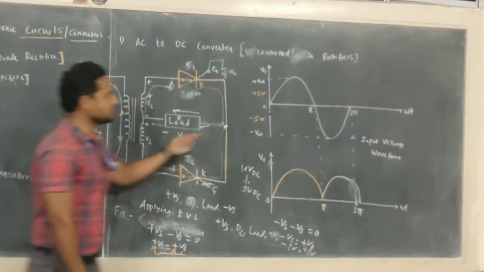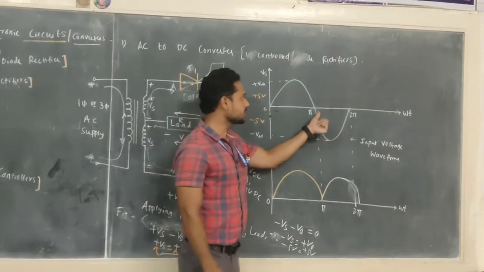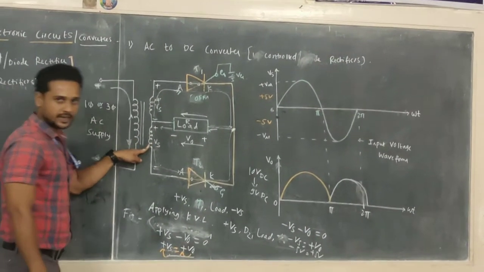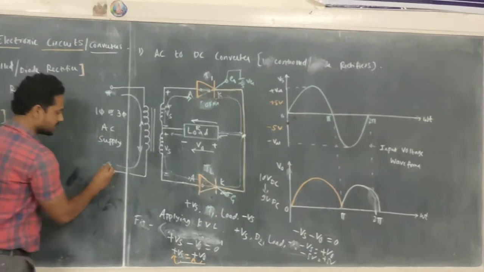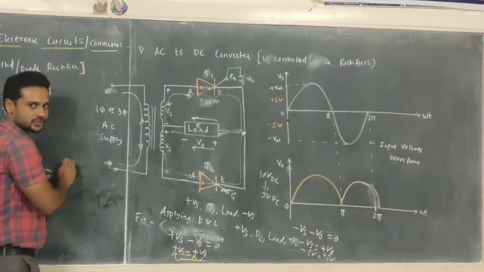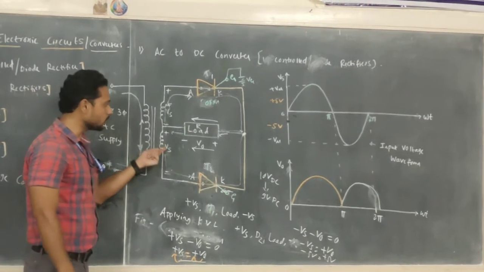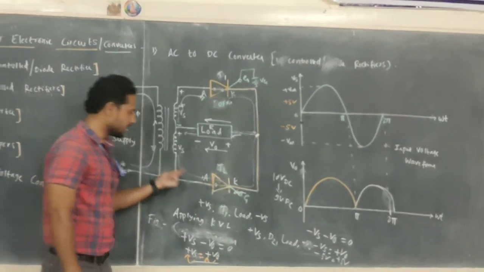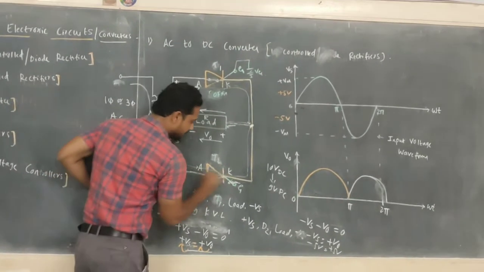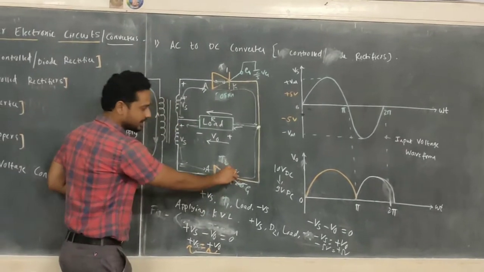So when you go for the negative half cycle, from pi to 2 pi, now the lower portion of secondary one gets energized. What would be the reason? This polarity will be changed. Now current will flow in the opposite direction. Therefore, this lower portion of secondary one gets energized. Current will try to flow in this direction. Now current is entering in this particular direction here.